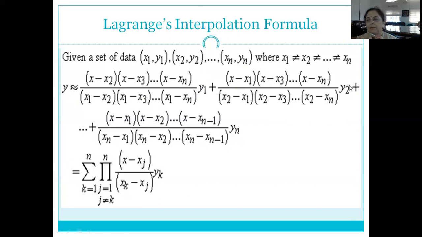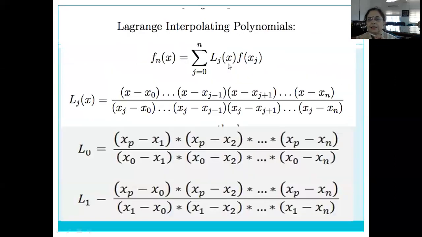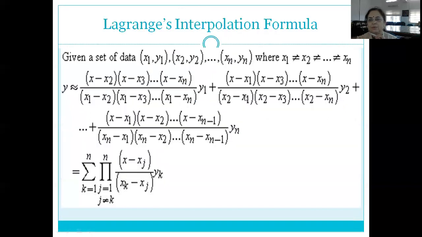This is a weighing function multiplied by the function value. Going back, we see this is a weighing function multiplied by the function value, and such products should be added. This is the summation with j equal to 0. So we can take L0 f(x0), L1 f(x1) plus L2 f(x2) plus L3 f(x3) and so on. To move ahead, this is again the same thing explained once more, and in short it can be written as summation of